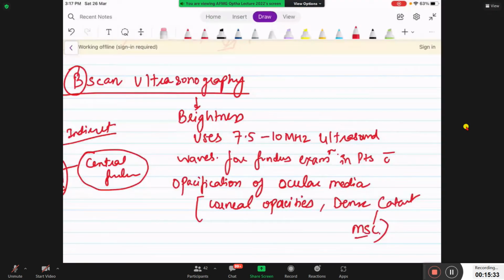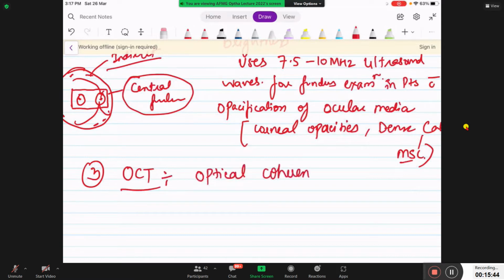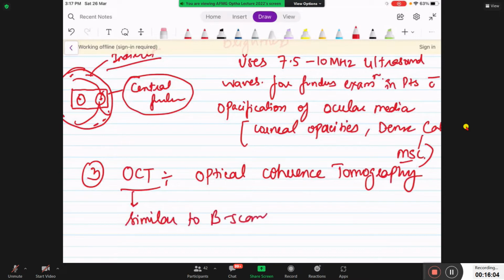Okay, so this is your B-scan ultrasonography. Next investigation is OCT. OCT is optical coherence tomography. Optical coherence tomography. So this is similar, write down, this is similar to B-scan